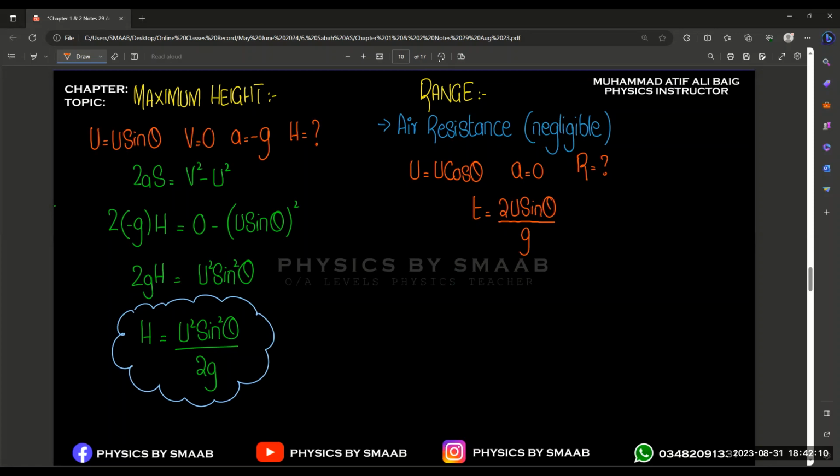So which formula will help you? Try to find the very simplest one, the easiest one that will help you. The one that you were taught today, u cos theta, but in that formula we are not able to find the distance, right? Just think about the horizontal distance. S equals speed multiplied by time. Yes. So the very simplest formula is speed multiplied by time. So we are not going to take a very long equation because we know time is already calculated in detail. So R is equal to u cos theta multiplied by time